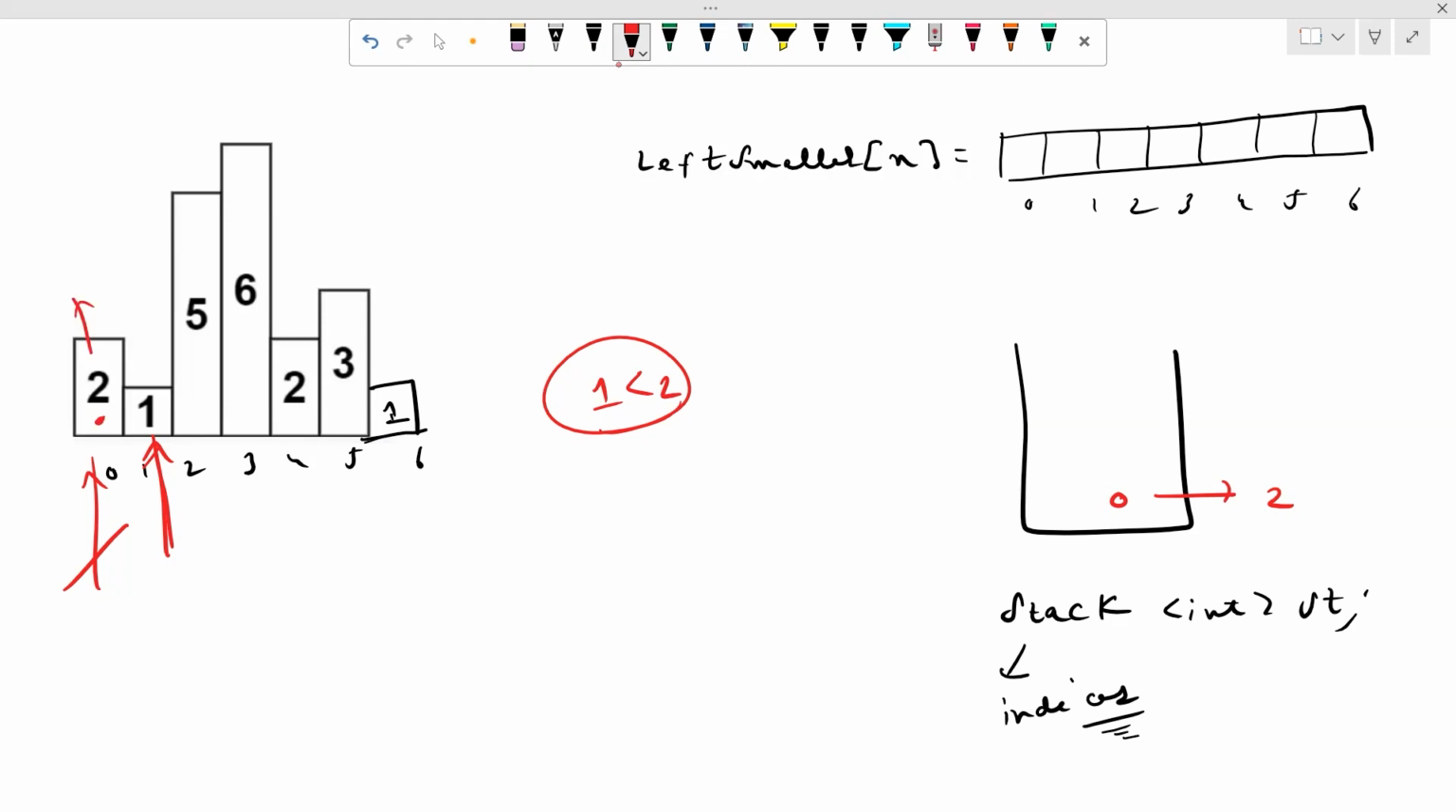Its boundary will be this, because it can't be extended towards the right. So its left smaller will be this boundary, which is 0. That's why we write 0 over there. I hope this is clear to all of you guys why we are writing 0, because there is no left smaller for the 2. Now when we move our pointer to 1, since 1 is smaller than 2, the condition for popping out the element is when we find a smaller